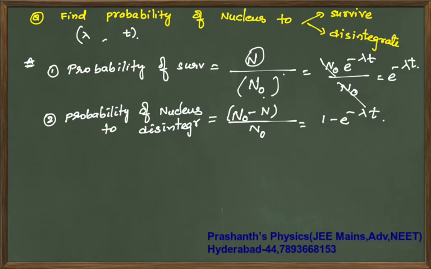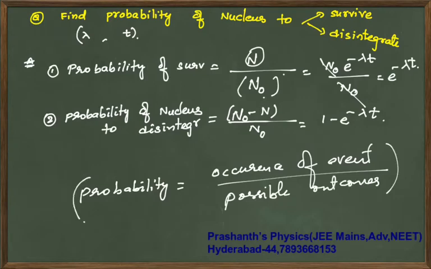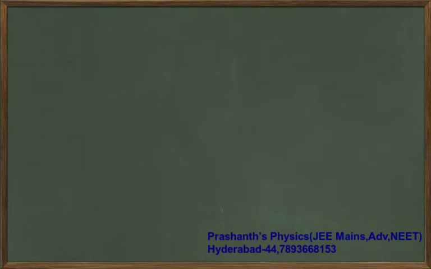So probability is nothing but occurrence of event by possible outcomes. Cut short, this is what you are supposed to take. Right? Next, your next question is: